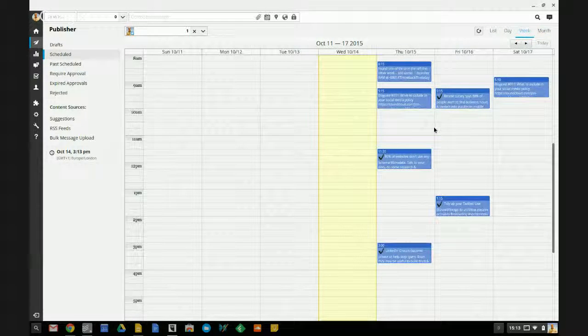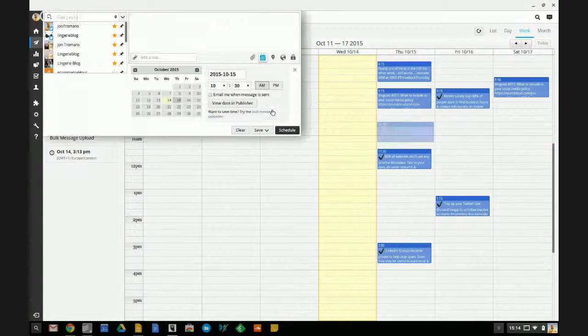Let me show you how to schedule something on here, and this is again quite clever to do. So what we do is we just click on one of these little time slots. So let's have a look at tomorrow, which is Thursday. There's no tweets at 10 o'clock, so we're going to click that. 10:30. I'm going to adjust this slightly, and I'm going to say 10:35. Okay, and then we can do